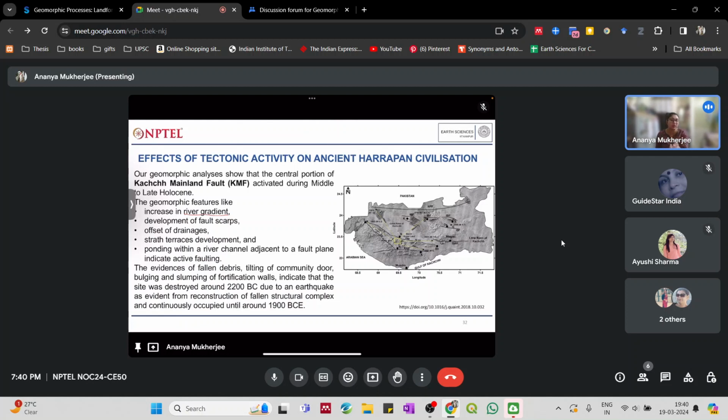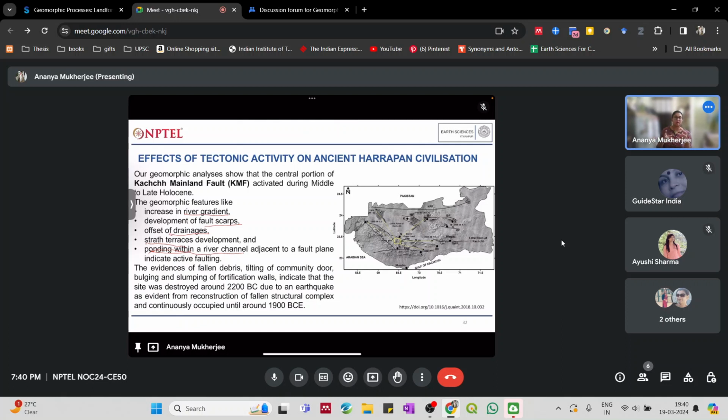Then obviously development of false scarps, and then offset of drainages and the river courses. Then the formation of strath terraces, as well as ponding within the river channel, if the scarp is developed and the flow of the stream is obstructed,